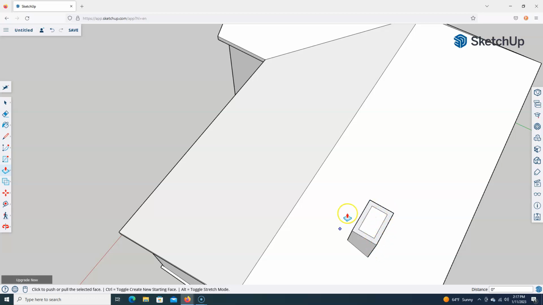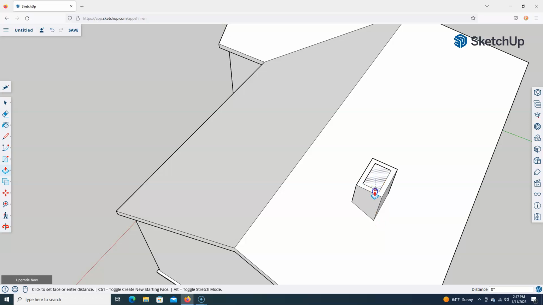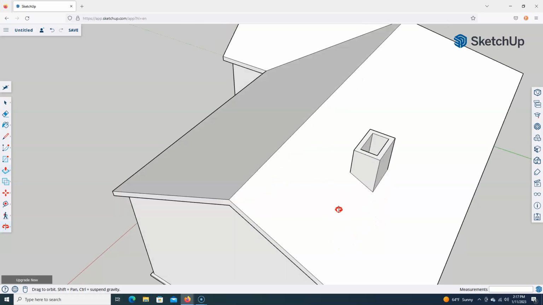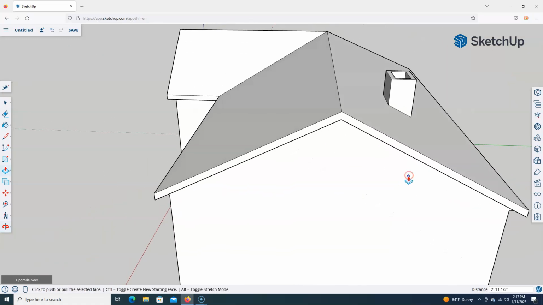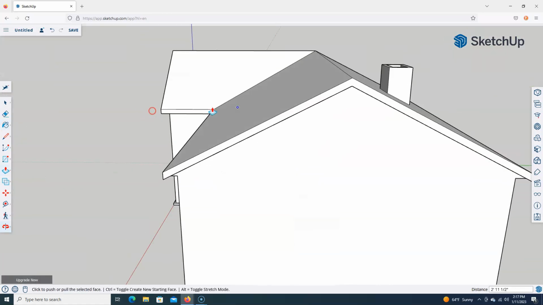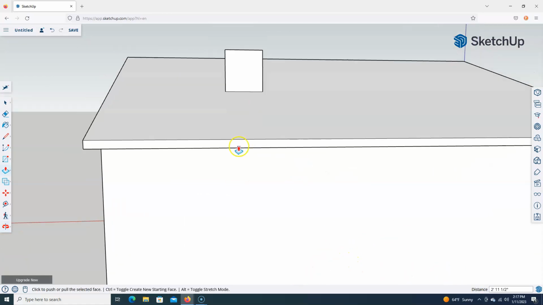You don't want to push-pull this outer edge. So we're going to take the select tool and we're going to grab the middle and then do our push-pull. And we're just going to pull this down. And then once you get to this point, and you've done all your windows, and you've done your doors, and maybe even a sliding glass door on the back,